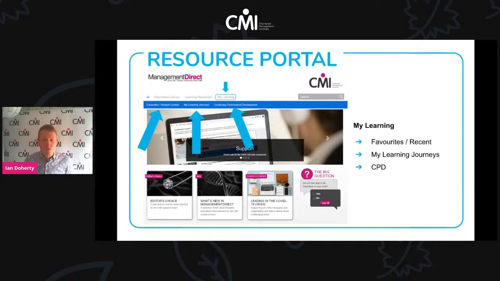So within the system, there's 4 ways you can reflect. So there's 4 kind of key question areas. The first one is around what have you learned that can be applied immediately? So as soon as you've completed a piece of learning via the system, what are you going to do to take that away and apply it to your workplace?